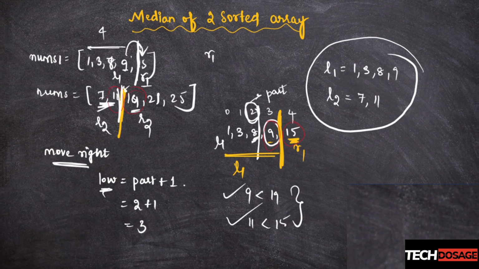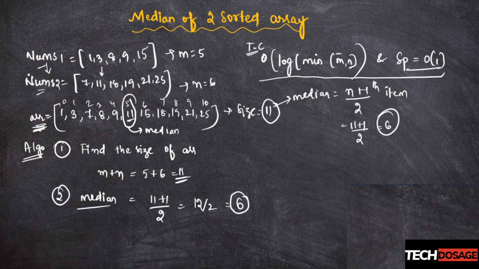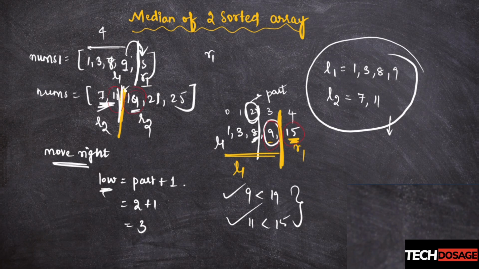Okay. Now, what am I told? I have been told that I have to sort the 2 arrays and find the median. Okay. So, in that array, these leftmost 6 elements are also going to be in sorted order, right? See, all the elements are in sorted order. So all the leftmost elements are going to be in sorted order. I want the 6th element.